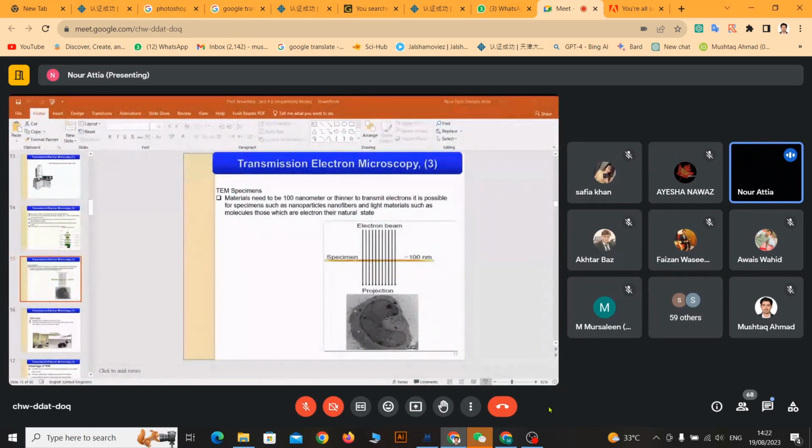Here's the examples actually and how it works. The electron beams come penetrating the sample. That's why the specimen thickness should not be more than 100 nanometers or even thinner sometimes. And in this instrument, you have to use some sample holder, which we call a grid,